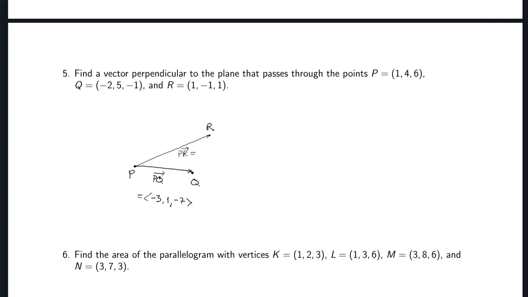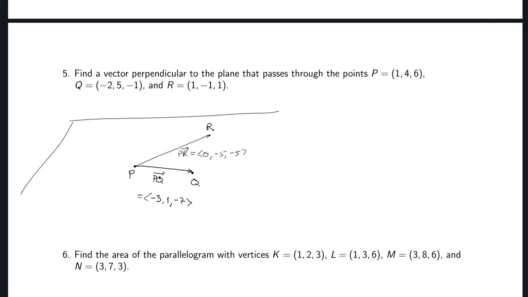P to R, this is 1 to 1 is 0, 4 to -1 is -5, and 6 to 1 is also -5. So I've got these 2 vectors, PQ and PR, and I want us to note that this plane goes through